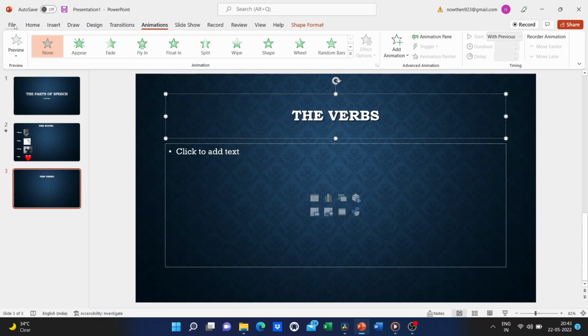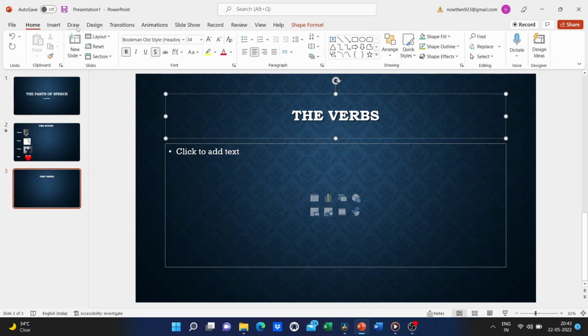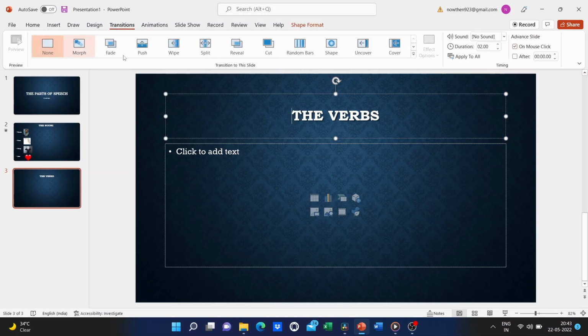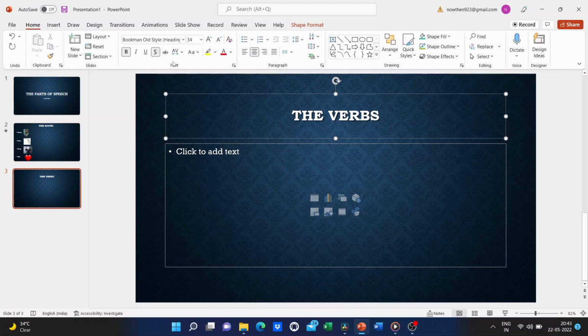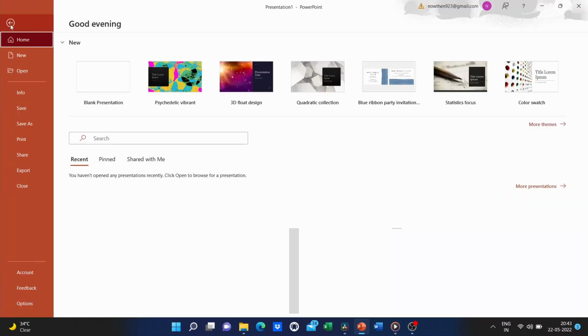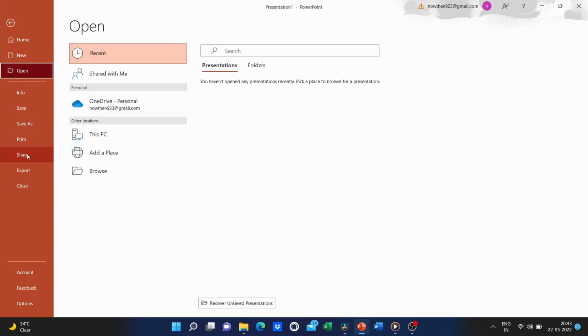Okay, and File looks like a tab just like all the rest of these tabs. But it's actually a little different when you click on File. It doesn't open up a ribbon. It takes you to this screen with a panel at the left. It gives you some options for protecting the presentation if you want to. I don't ever do this, but it might make sense for you to look into that. It gives you some properties of your presentation, but for the most part, this is what you're looking for. You go to the File option in order to save what you've been working on or maybe to open a presentation that you've made in the past.